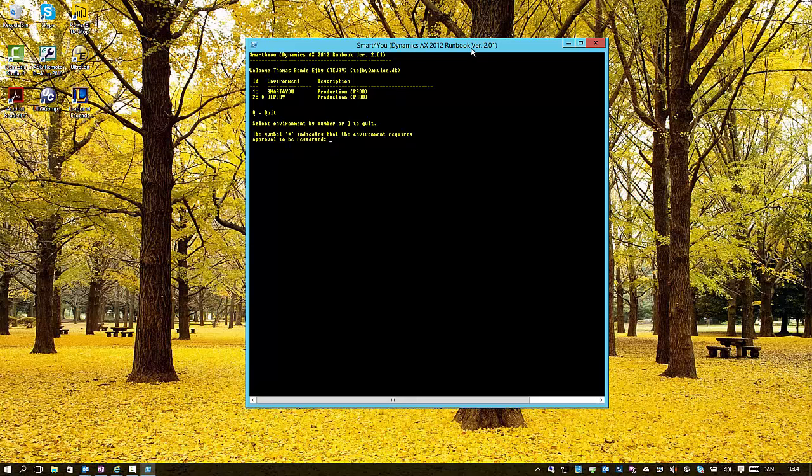Now what you can see here is that I'm logged in as me, and I have two environments. These are configurable. I can add as many environments as I want to. The difference between these two environments is this little asterisk that you see just behind the number 2. That indicates that this has a security setting that requires me to two-phase authenticate